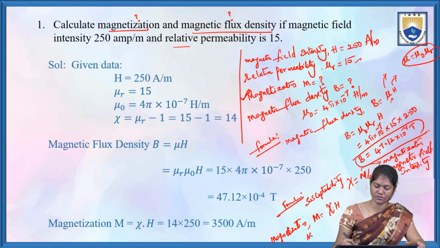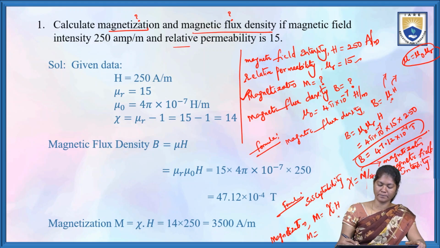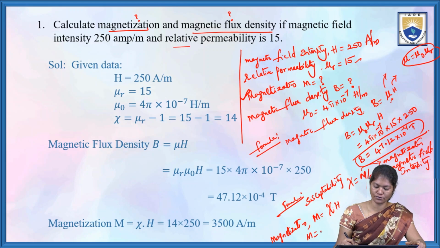So M is equal to chi, 14, into 250, which is equal to 3500